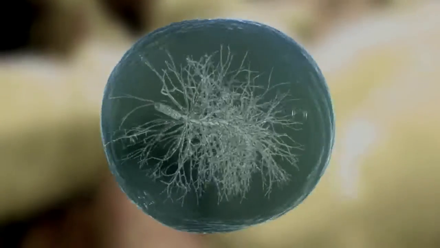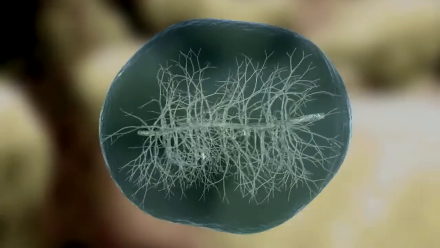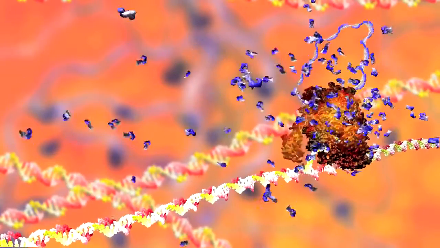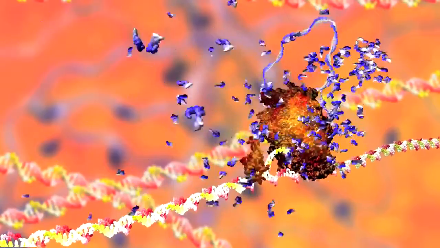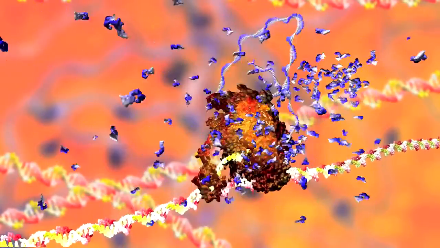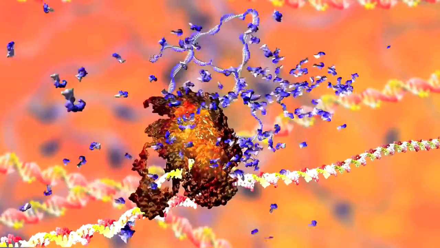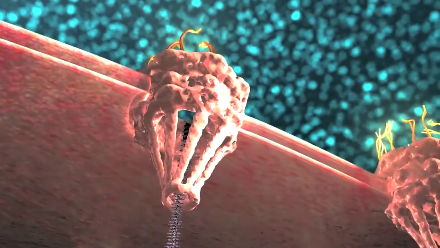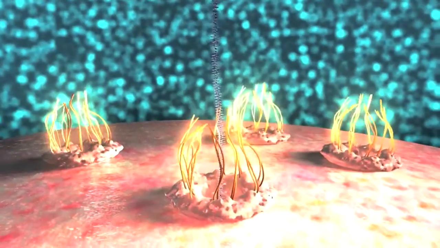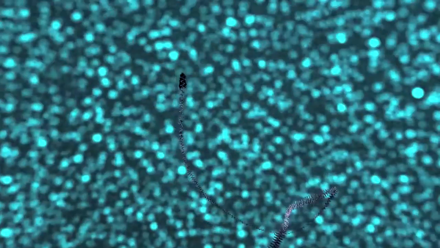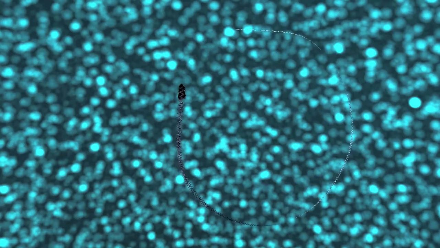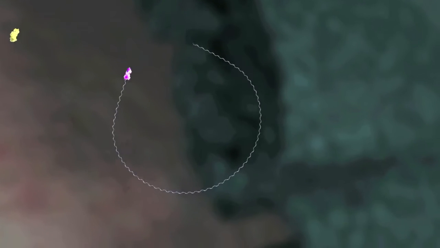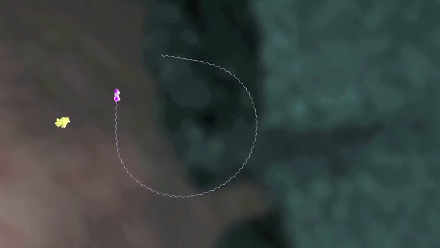Mucins are highly glycosylated proteins synthesized by goblet cells. These proteins are coded for by the MUC genes, which are transcribed by RNA polymerase II. The messenger RNA is processed in the nucleus before being transported into the cytosol through pores in the nuclear envelope. In the cytosol, ribosomes bind to the messenger RNA and proteins start to be translated.